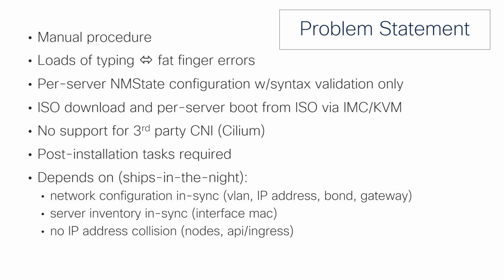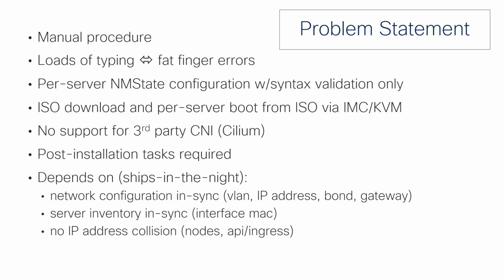OpenShift Assisted Installer is providing a very solid way to so-called seamlessly install the OpenShift cluster on the bare metal servers. However, there are a few problems associated with this procedure. First of all, by definition, it's manual. It involves lots of typing, which means you may have fat finger errors. You have to perform likely per server NM state configuration, and this NM state configuration only gives you the syntax validation. There is a single ISO that you boot your servers from, which is good, but you still need to